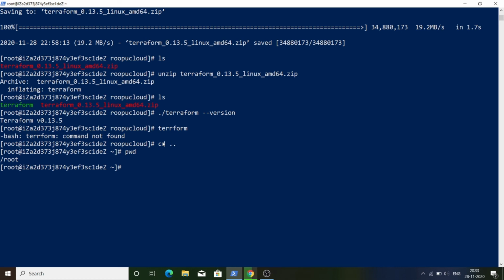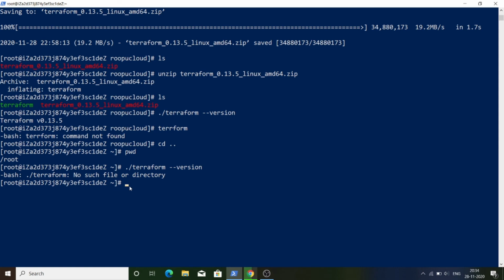Now if you run this command again, dot slash terraform hyphen hyphen version, you can see it gives the error that no such file or directory is available. Why does this happen? Because you have installed Terraform in the Roku Cloud directory, and now you are running this command from your root directory. That's why this error is coming.